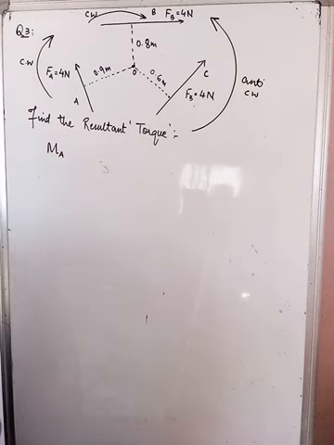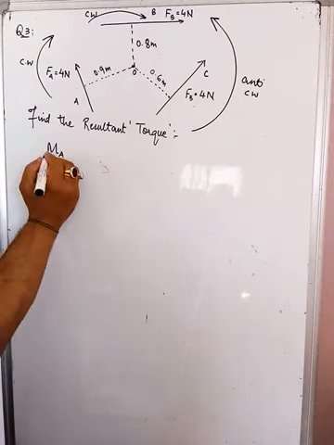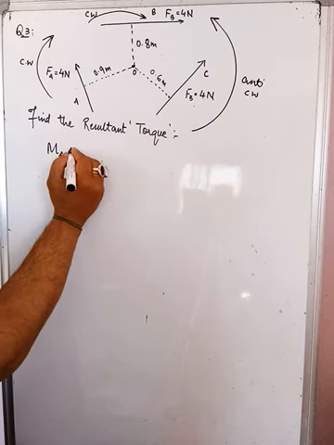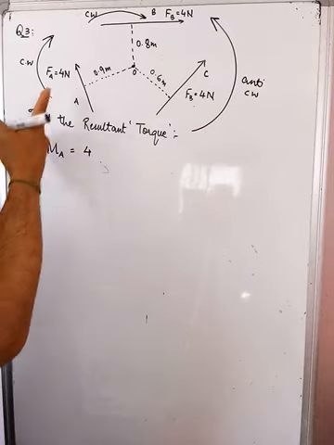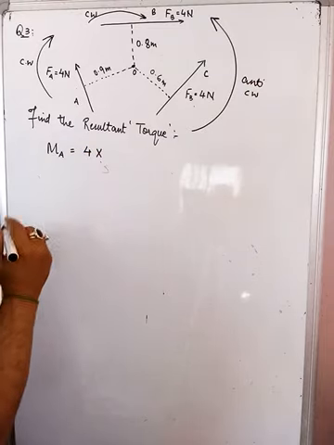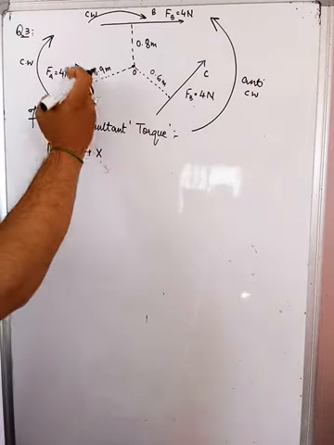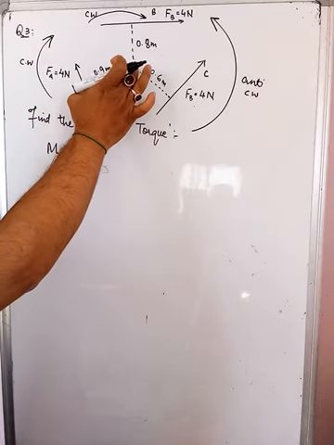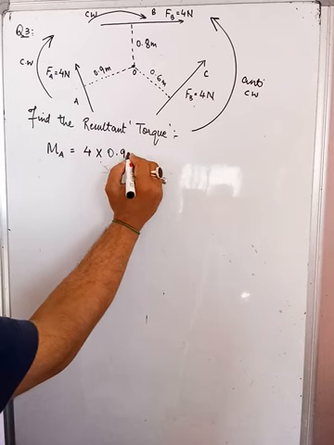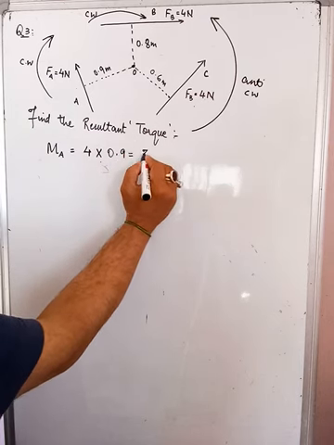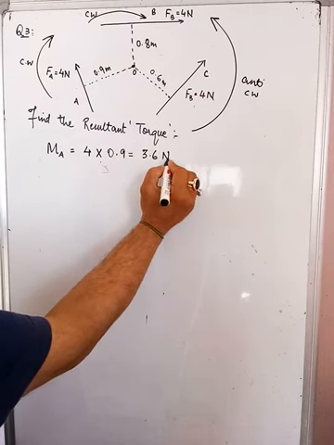Moment of force A will be force value multiplied by the perpendicular distance. So the perpendicular distance will be this much, which is 0.9. So the answer will be 3.6 newton meter